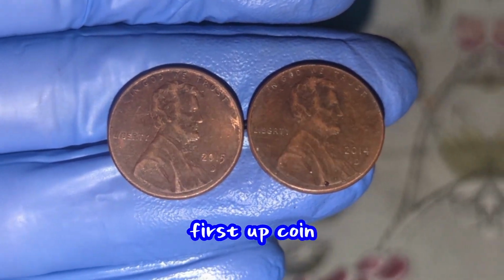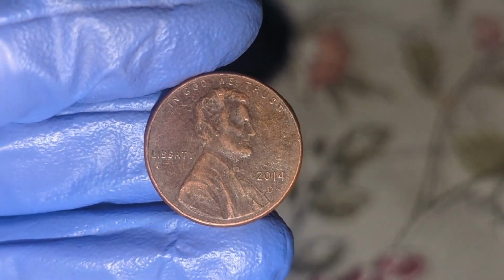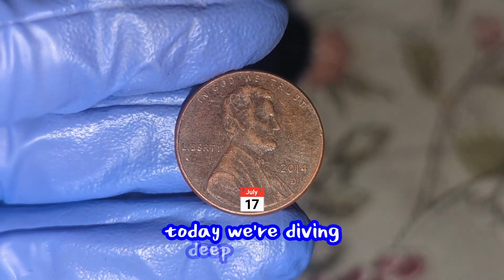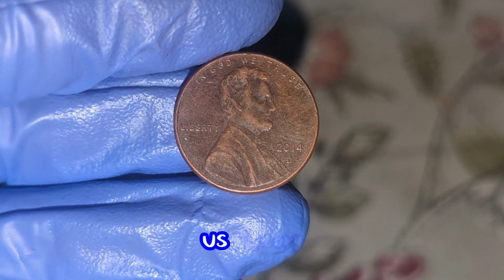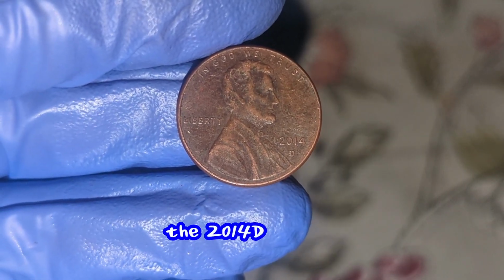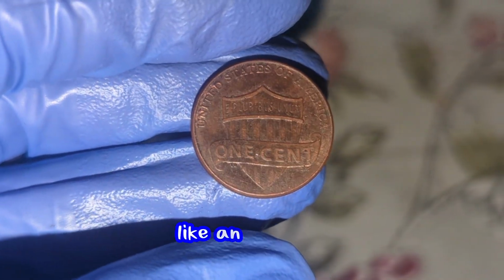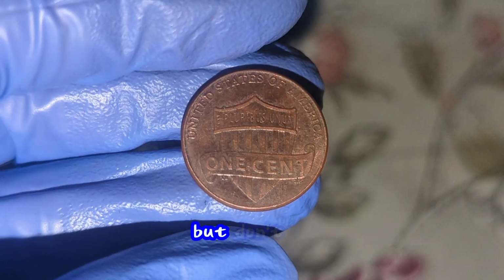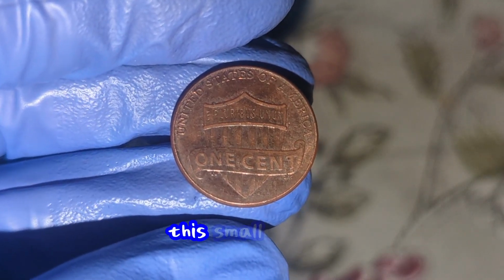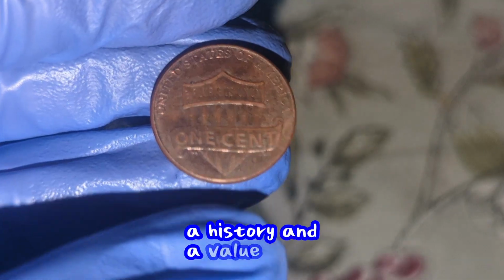First up, coin number 1. Welcome back, coin collectors and treasure hunters. Today, we're diving deep into one of the most fascinating and potentially life-changing coins in U.S. history, the 2014 D Lincoln 1 cent. At first glance, it may look like an ordinary penny, tossed in a jar or found under a couch cushion, but don't be fooled. This small copper-plated zinc coin holds a story, a history, and a value that could change